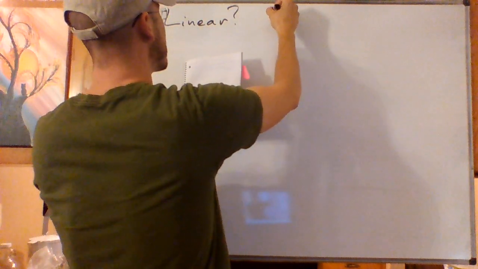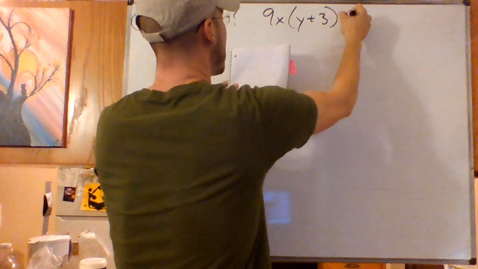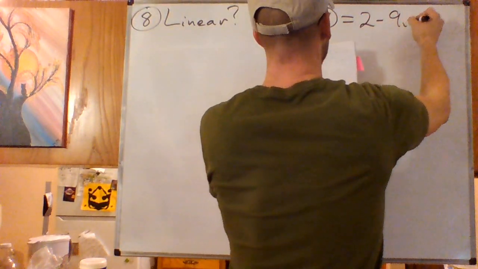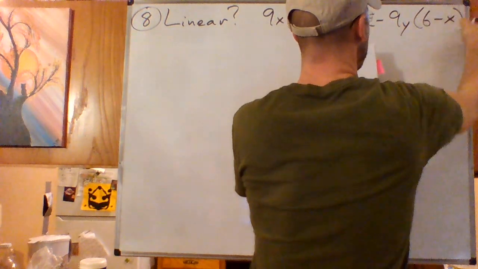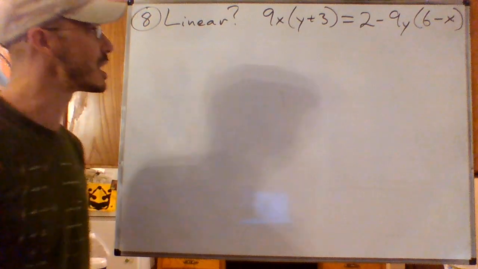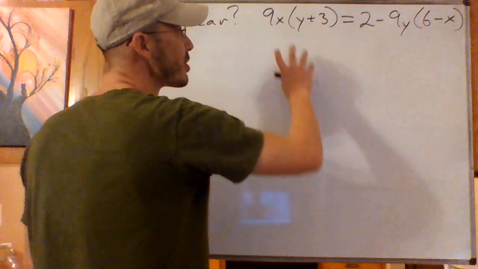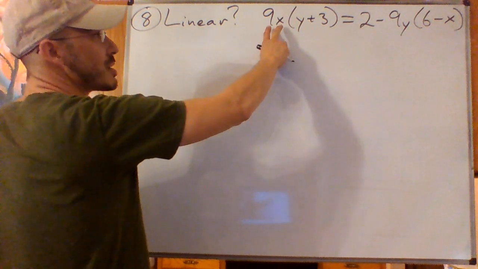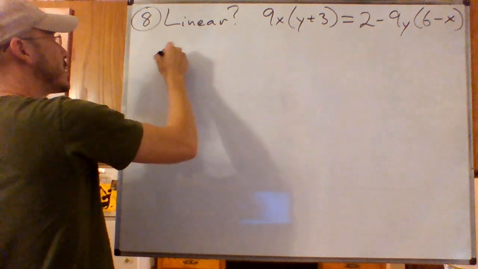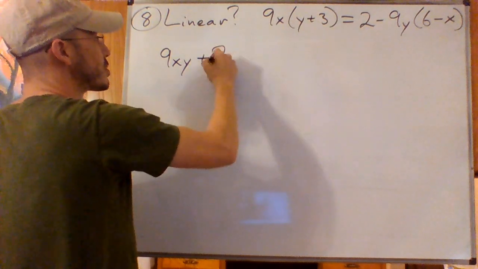So here's an equation in two variables: 9x times y plus 3 equals 2 minus 9y times 6 minus x. Is that a linear equation? It's too complicated to really tell from this situation. What I'm going to do is simplify both sides by distributing. 9x times y is 9xy, 9x times 3 is